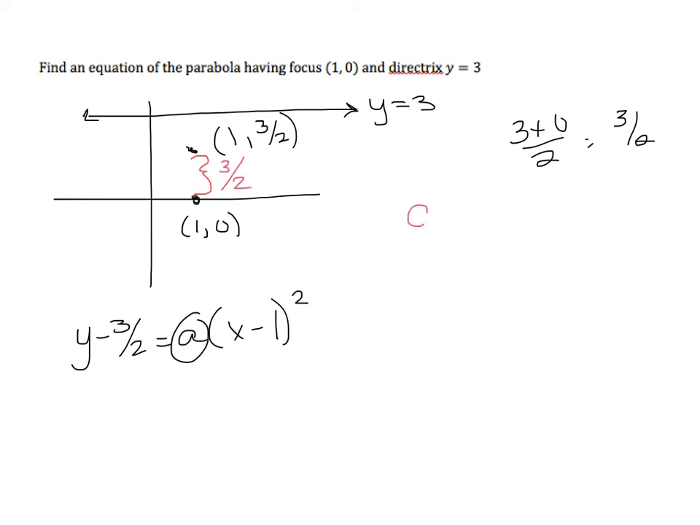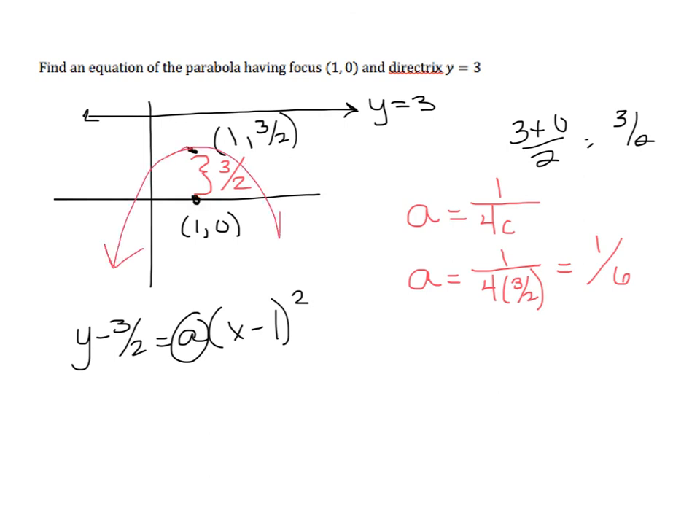So I know that a is equal to 1 divided by 4c. So I can say that a is equal to 1 divided by 4 times 3 halves. That becomes 1/6. Now, again, I need to use a little bit more logic and reasoning over just mathematics. Because my focus is here, that makes this a sad face parabola. And because I have a sad face parabola, this a value must be negative. So the equation for this parabola